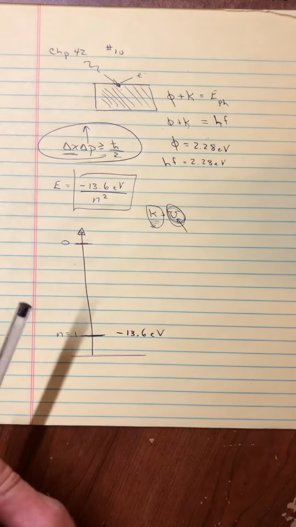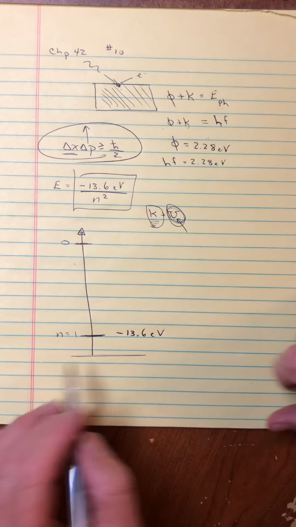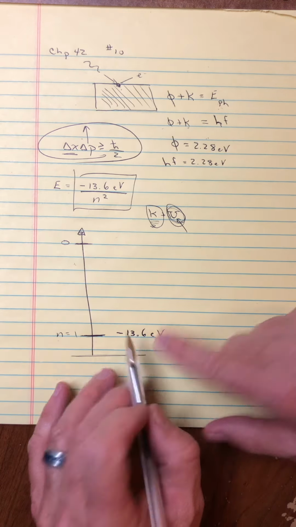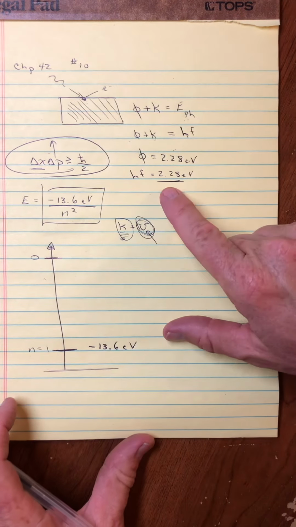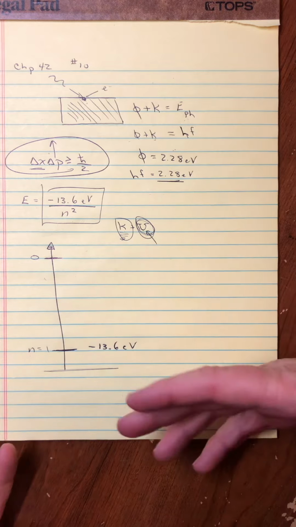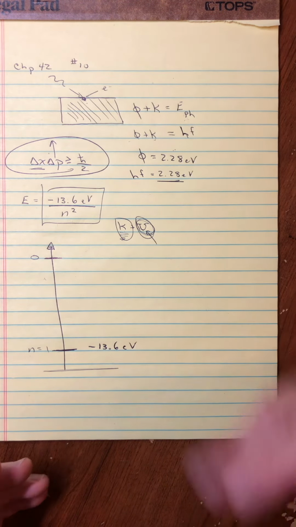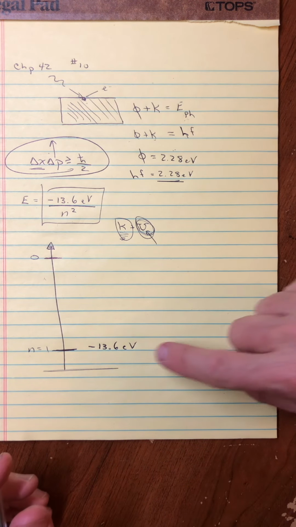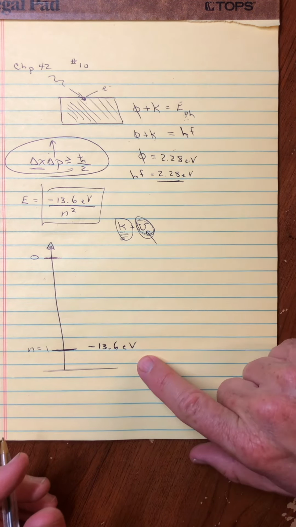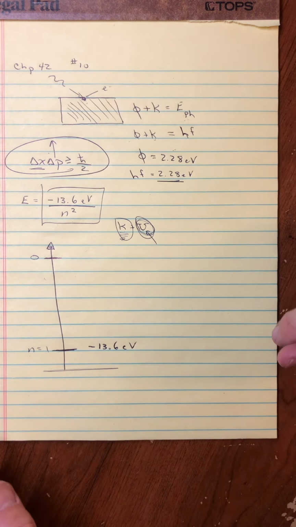So that's an important piece. All right, well, moving along here, you'll see that that's pretty negative compared to this photon we're talking about. So if you were to send this photon at hydrogen that's already in its ground state, which again is where it normally wants to be, it would tumble down. But this would not be enough energy to free it. You would have to give it 13.6 electron volts to completely free it.